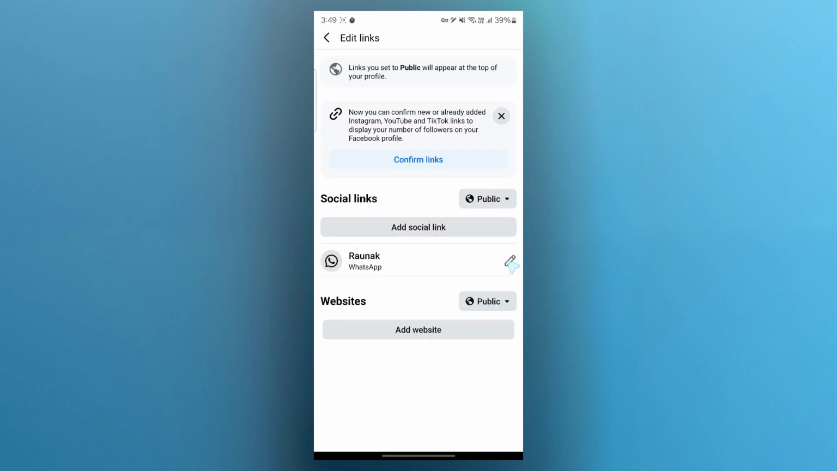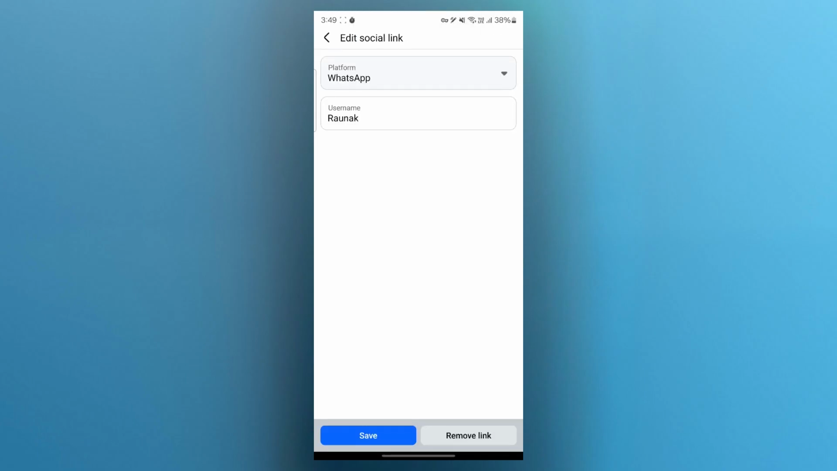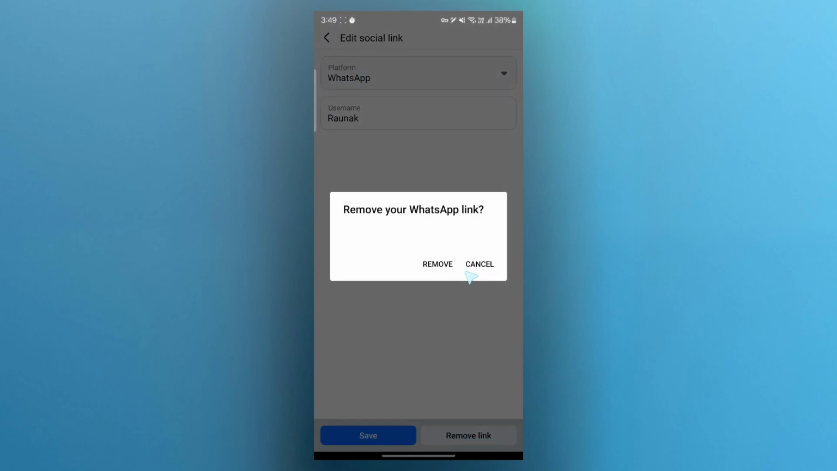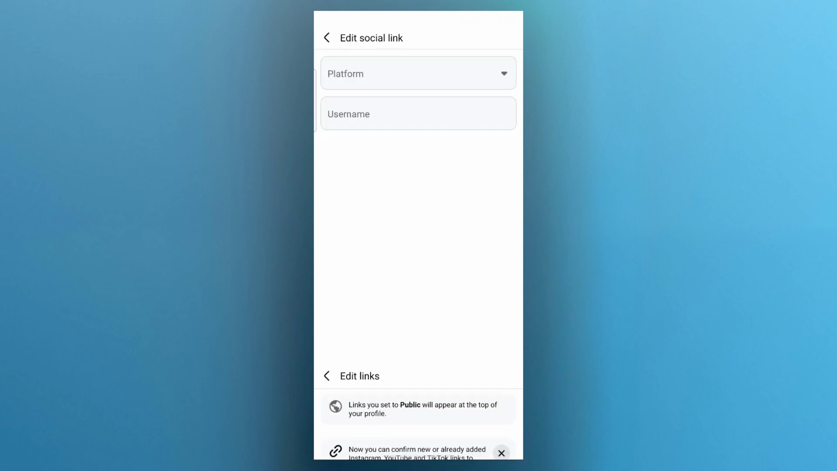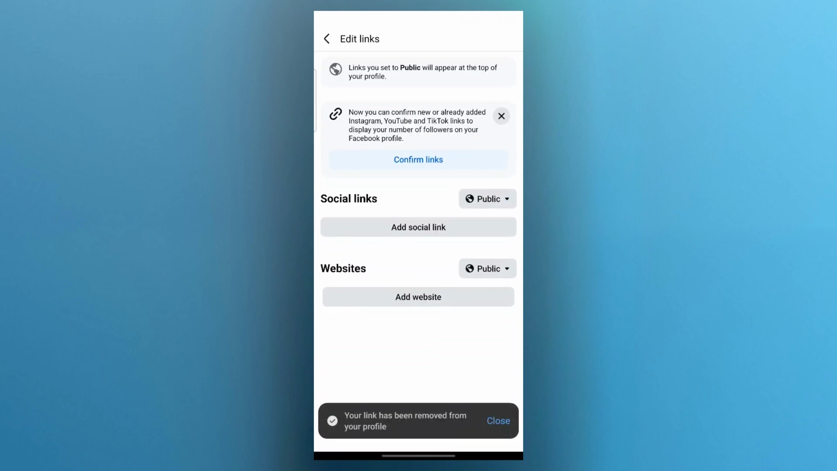Click on this edit icon, that is the pencil icon after this link, and it will take you to this edit social link page. Here, you'll have to just click on the remove link button available at the bottom right. Now, click on the remove button again and this will instantly unlink WhatsApp from your Facebook. So, that is a simple way through which you can unlink your WhatsApp from Facebook in